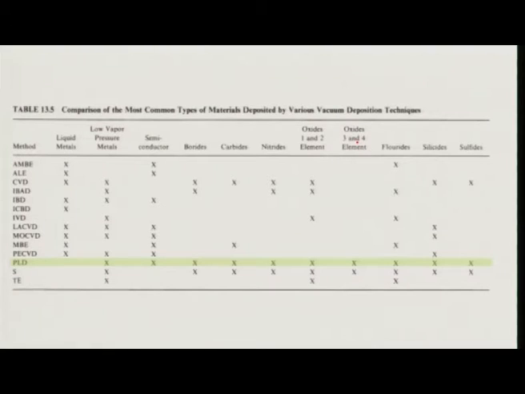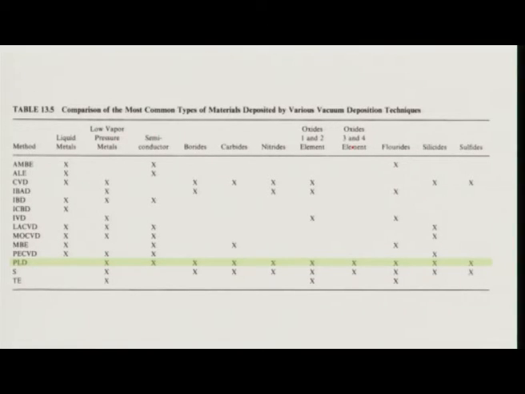Now in the last slide I will show you the versatility of this PLD method. In this chart, various thin film deposition methods are being compared, and X means that we can use this method for these kinds of materials.